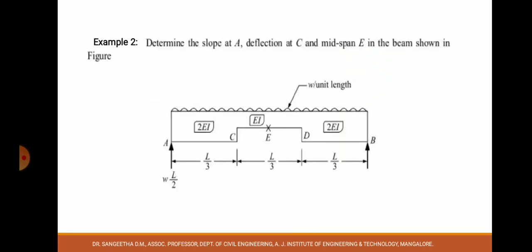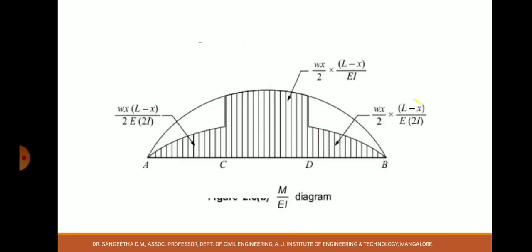But as you proceed from point D, it is 2EI. So at this point, whatever the value is, it gets divided by half. Consider only that half value, and your curve is this. Got it? So the total ordinate is at point C, but at this point the cross section is getting doubled. So when divided by 2EI, the bending moment value gets halved. So the shaded area region is the M by EI diagram.